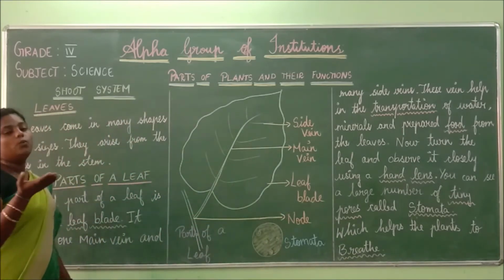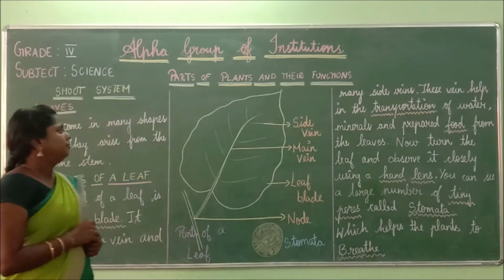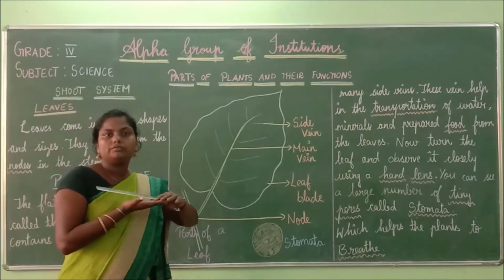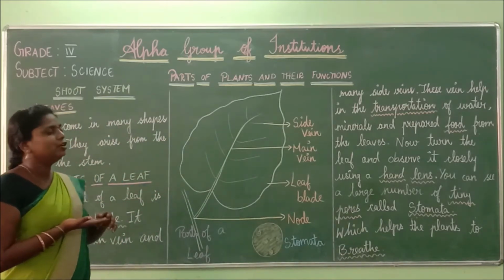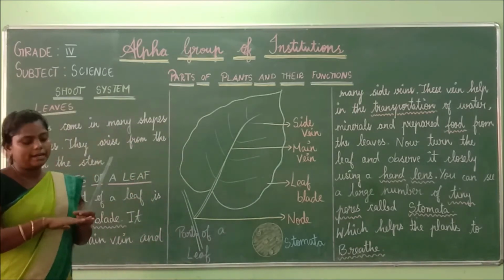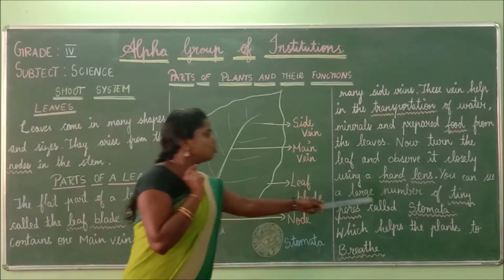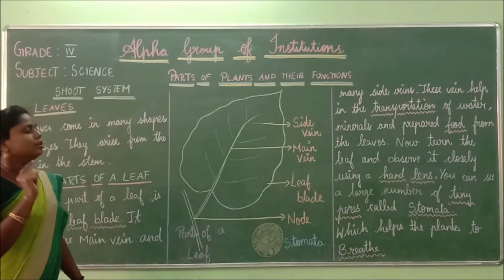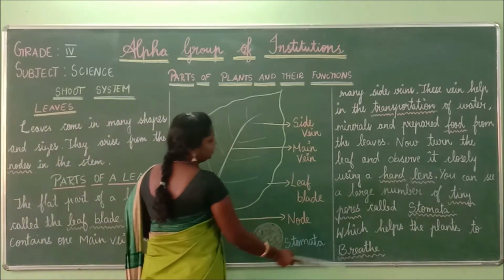Now tell me, are veins in the front part of a leaf or the back side of the leaf? Very good. The main vein and the side veins are in the front part of the leaf. Now tell me, where are the stomata? Very good. Turn the leaf, focus it, see it closely through a hand lens, and you can see tiny pores in it, which are called stomata. And what do the stomata do in the leaf? Very good. Stomata help to breathe.